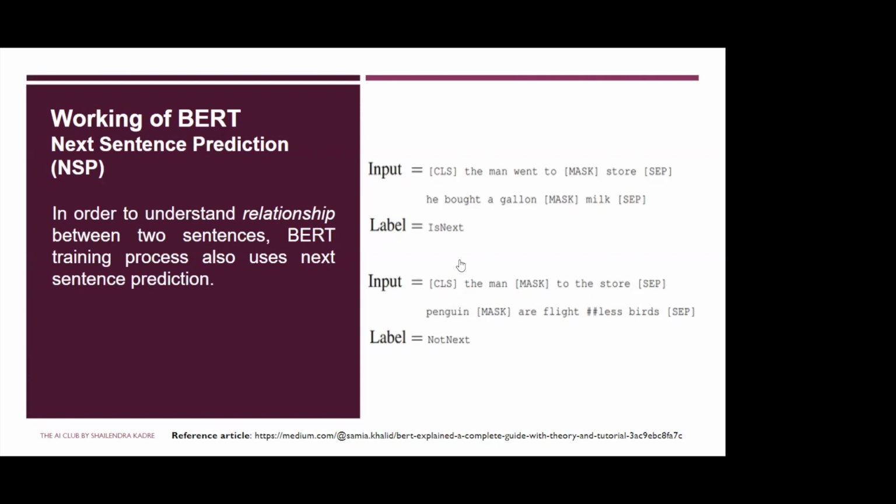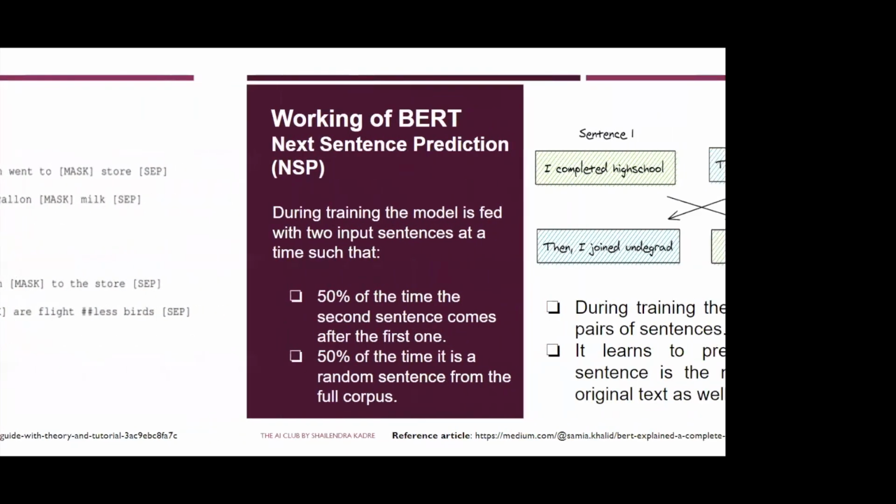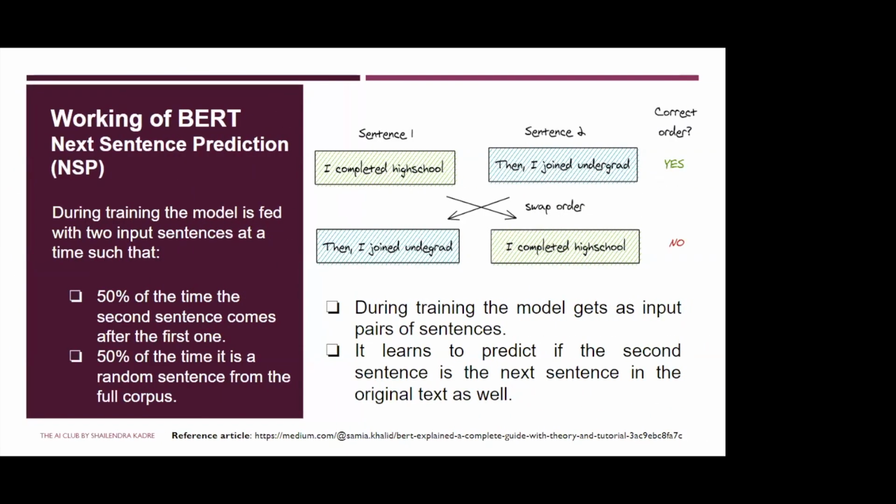Next sentence prediction actually helps us with longer context. So not just context between words, but context between separate sentences as well, to explore the relationships between sentences. That can be done using BERT, and that is one of the processes that inherently happens inside BERT. The transformer does that. As far as the training process is concerned, half of the times